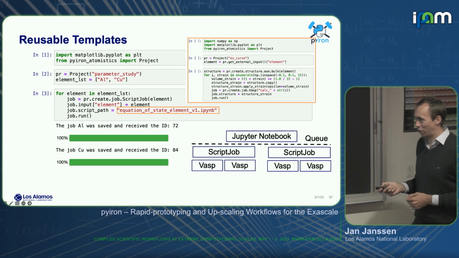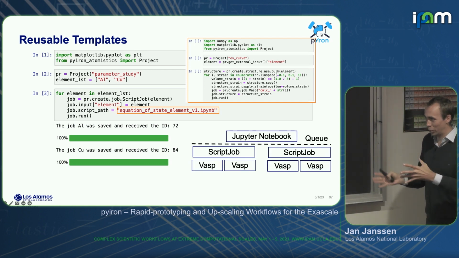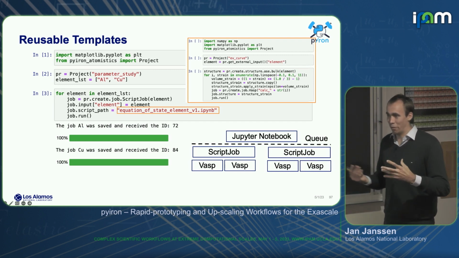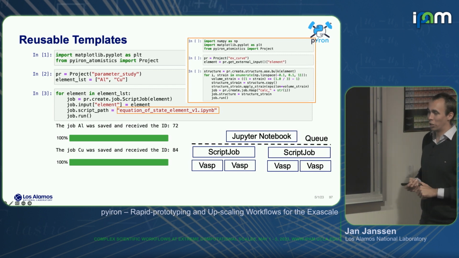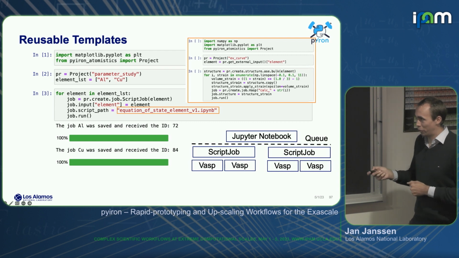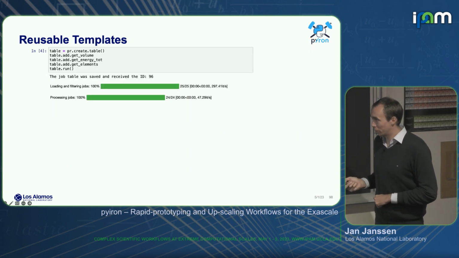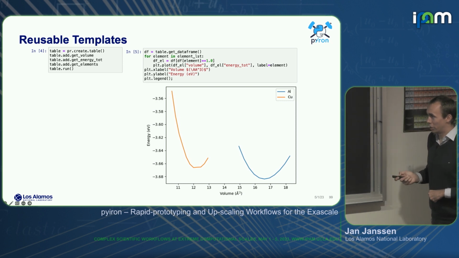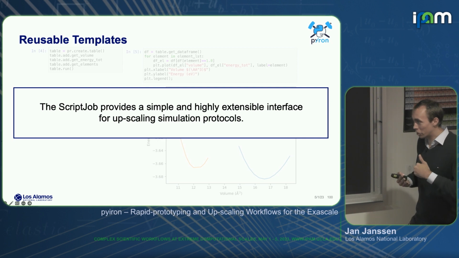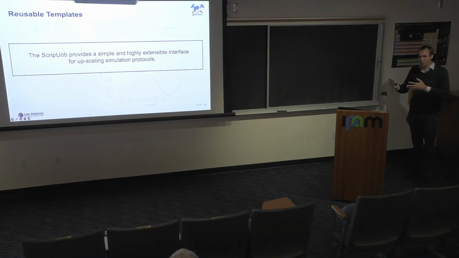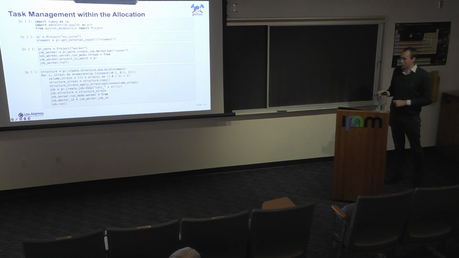So we can again have the same level of complexity of submitting one script job to the queuing system, running multiple VASP calculations inside, but have more flexibility in terms of what's going to happen within these jobs, right? So you really have the ability to just create a Jupyter notebook, have your input in there, and then be able to modify this. And we also get the same results. So here I just show the energy volume curves. So the script job is simple, extendable, but again, we were not so happy because it's breaking our system of having everything in one file and being able to connect it there.